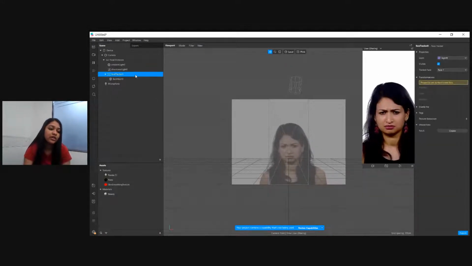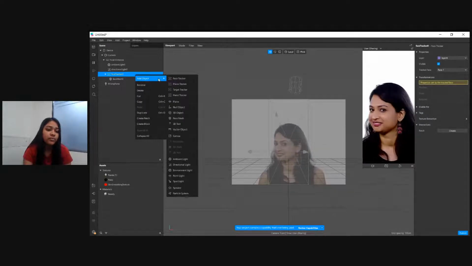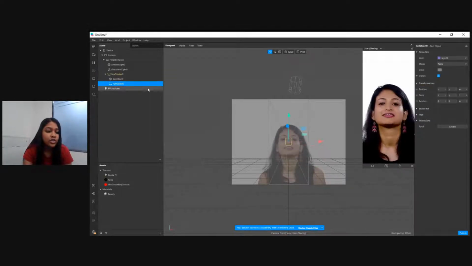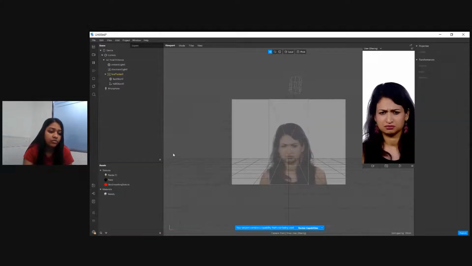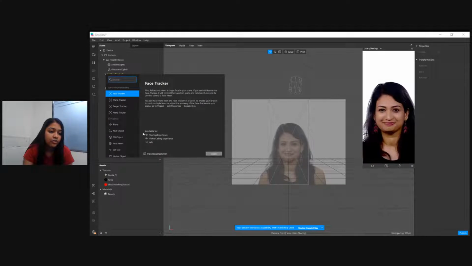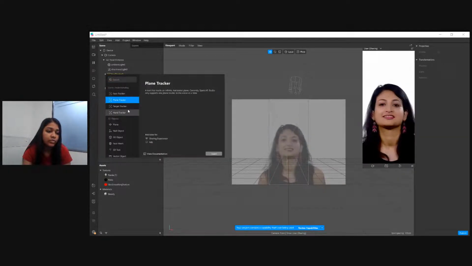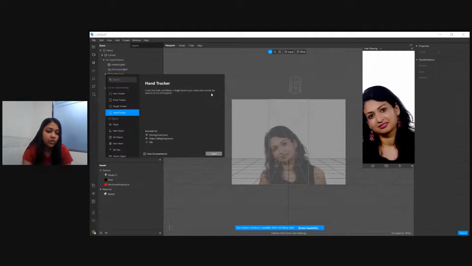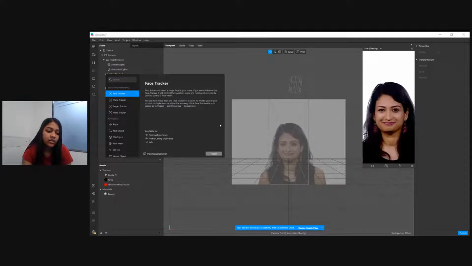onto our face tracker. So let's right click onto our face tracker and add a null object. Why we actually added the null object: I'll click on this plus, and here you can see that whenever you click on any of these objects, you get a description on this right side. So when you go to the face tracker, it will tell you what the face tracker does and how it